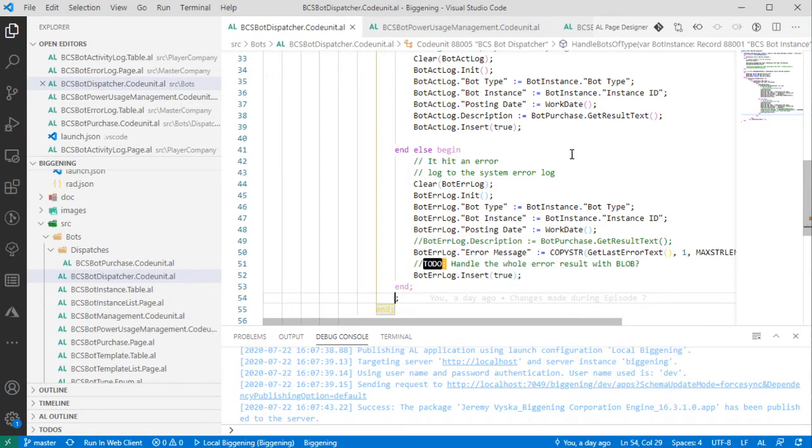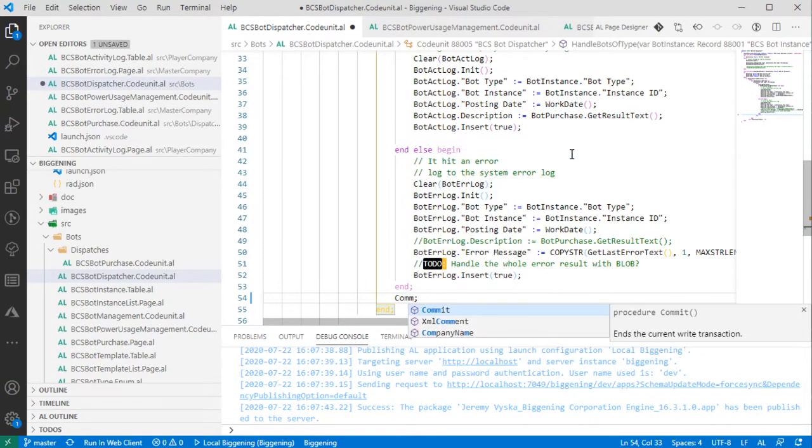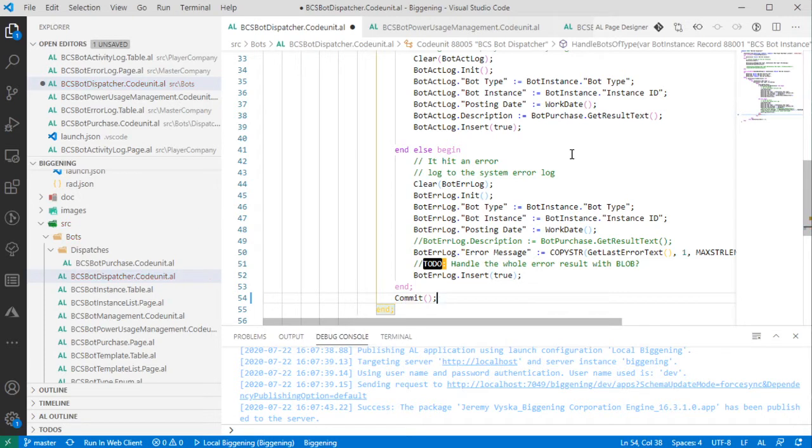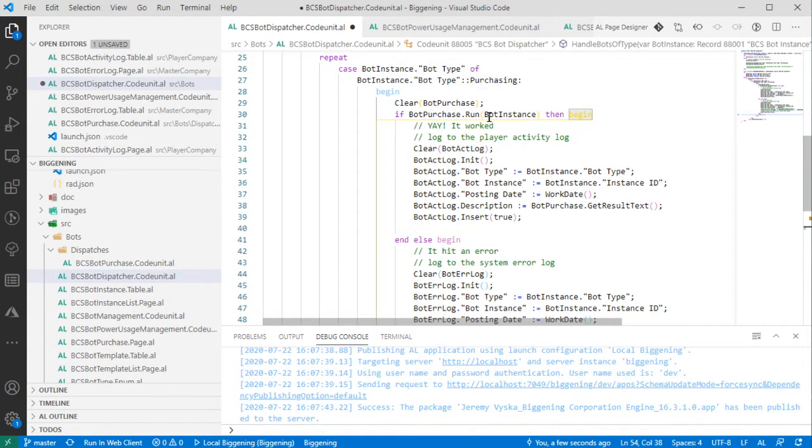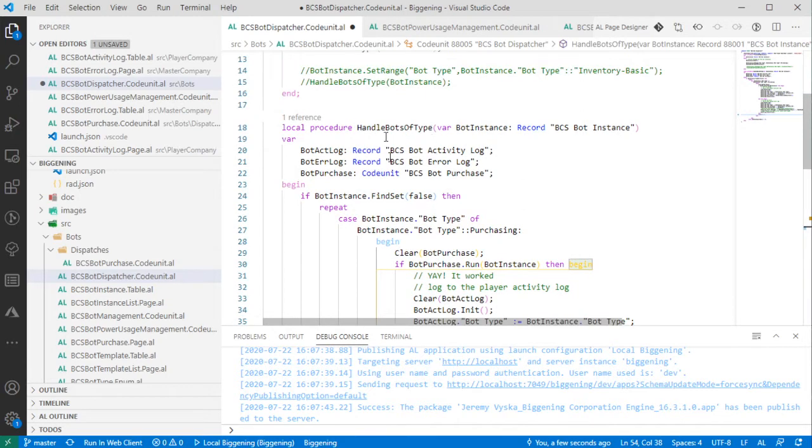And the way we do that, which you need to be very careful with, is this Commit function. The moment we call this, nothing can be undone automatically by the system. If something goes wrong and we want to handle that, we have to do all of the heavy lifting ourselves. So in our run through this handle bots of type, if one of the bots hits a problem, and we commit that problem, and everything continues to move forward,